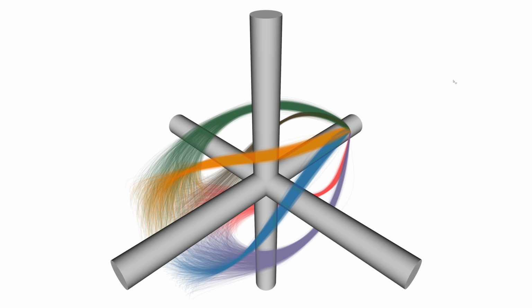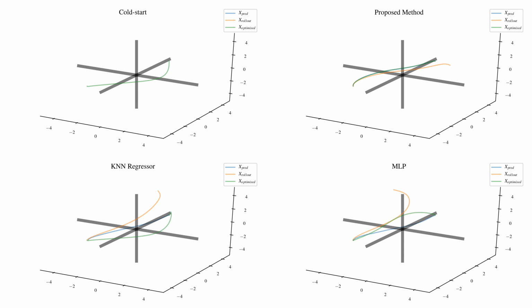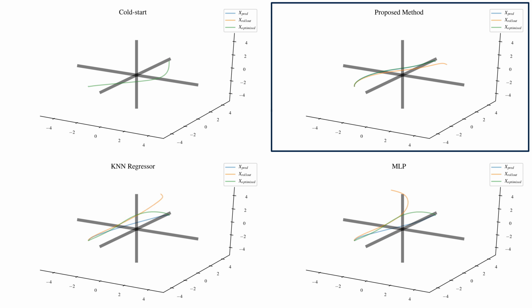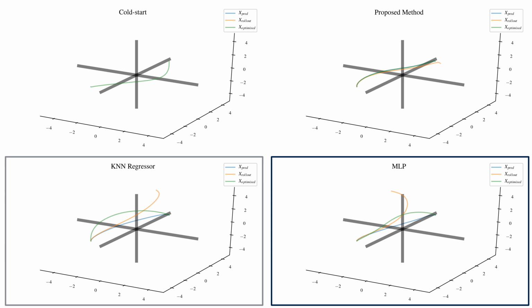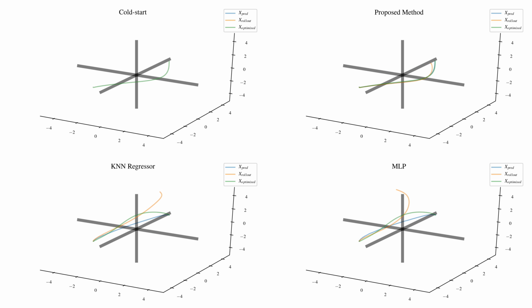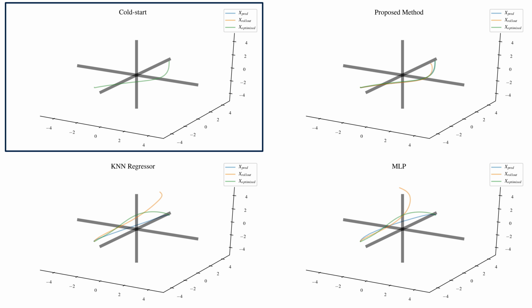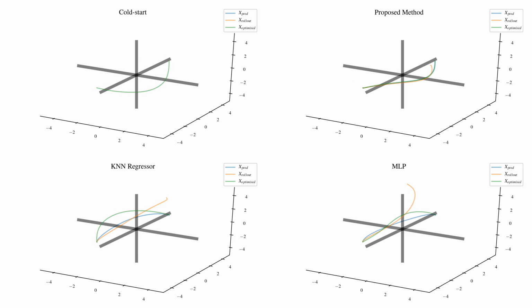It is immediately clear that without modality awareness, combining the different samples would result in a path going through the environment obstacles. To visualize this more clearly, we now compare our mixture of experts model with class-agnostic learning using a multilayer perceptron and k-nearest neighbor regression. We further compare the commonly used optimal control cold start, where the control trajectory is a sequence of hovering commands at the initial state. To explore the learned models, we now vary the query point along the x dimension.